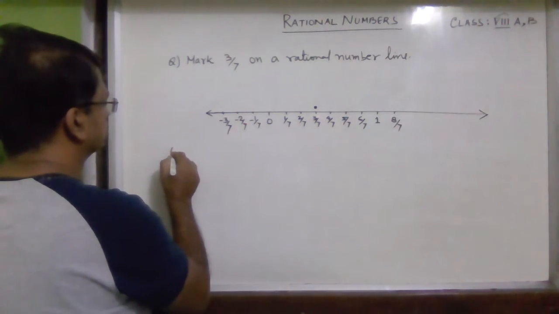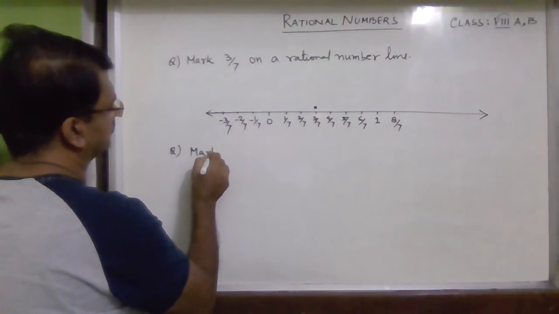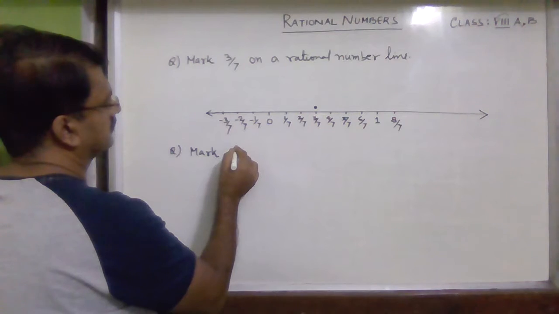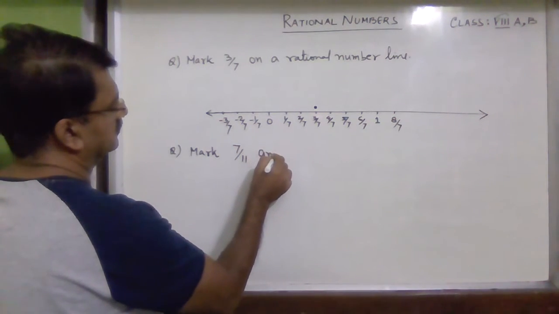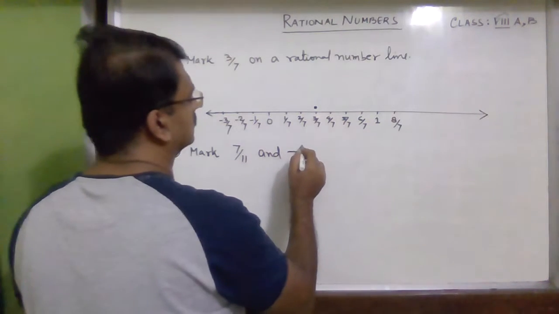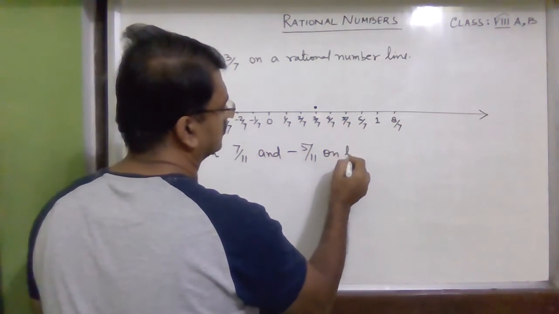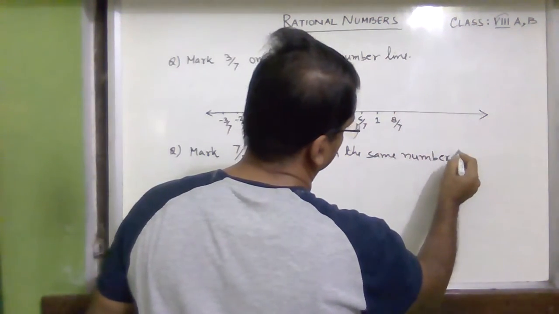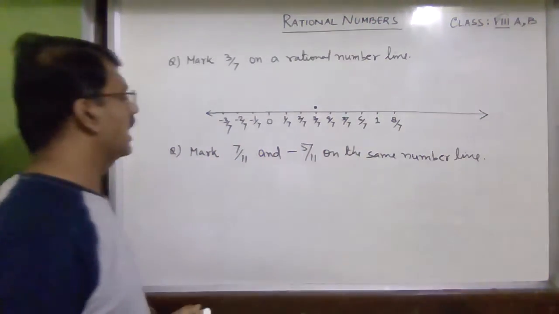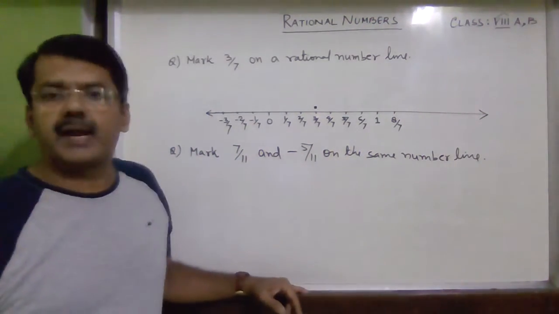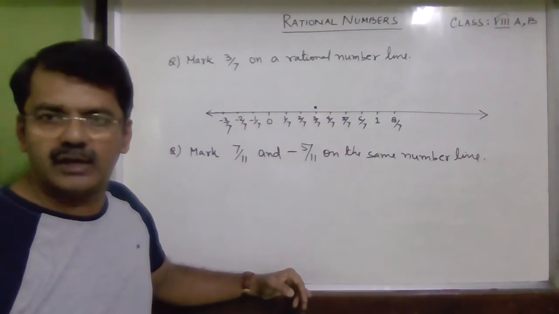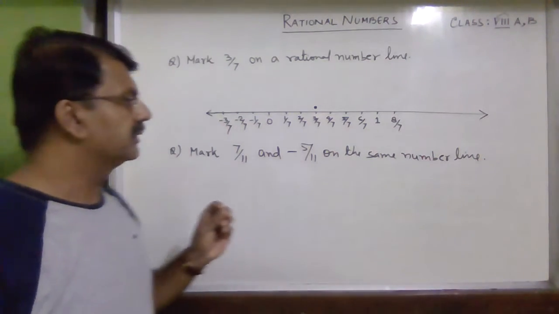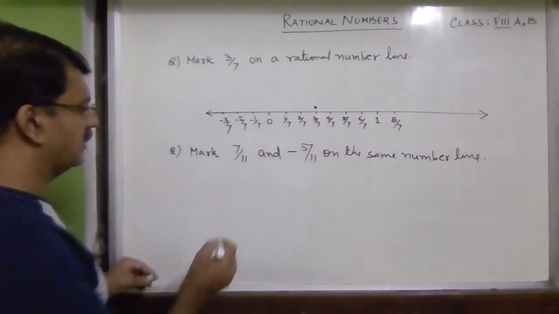One more question: mark 7 upon 11 and minus 5 upon 11 on the same number line. Now there is a positive number and a negative number, and you have to mark both the numbers on the same number line. Clear? So first of all,